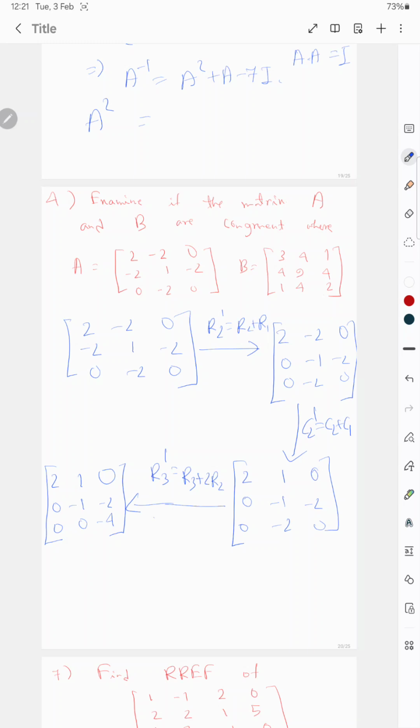If there is any mistake, you just check. Okay, so similarly you have C3 dash is equal to C3 plus 2 C2. You have to do 2 0 0 1 minus 1 0. C3 will be C3 plus 2 C2, so 2 here,